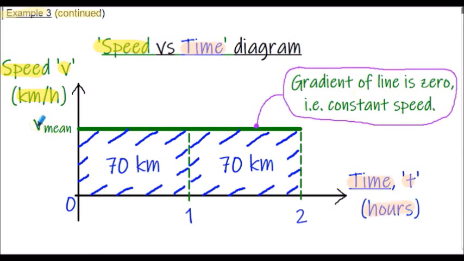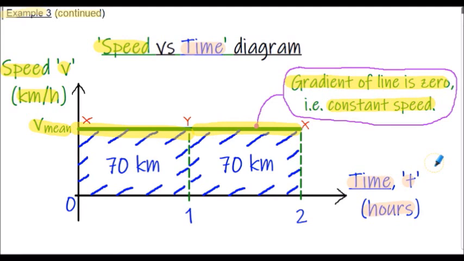The mean speed, denoted as V mean here, could be calculated from the distance time diagram. Let's assume it's a constant speed between station X and Y, and also a constant speed between station Y and X, the reverse journey. So the gradient of this line is 0, a horizontal line indicating that it's a constant speed. In other words, we are not accelerating. Obviously this average speed or mean speed is a fictitious value because we realise that the train would have to accelerate and decelerate at certain points of its journey. But for ease of illustration here, we will assume the train speed is constant